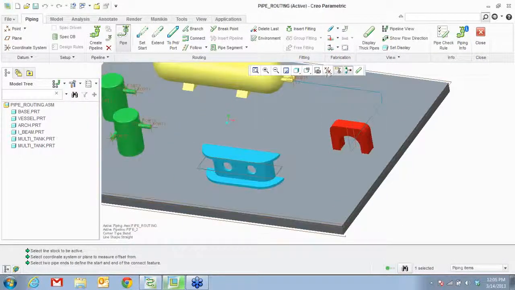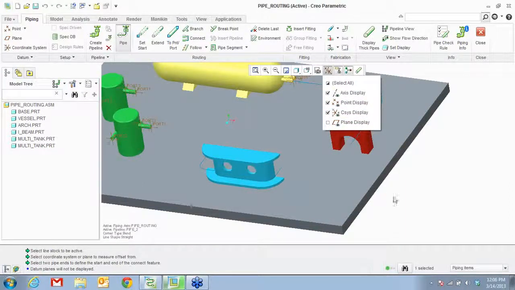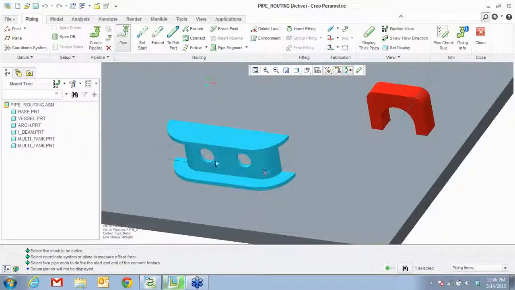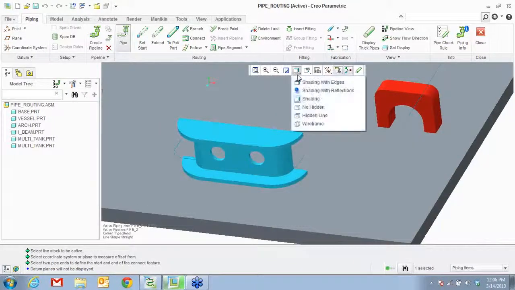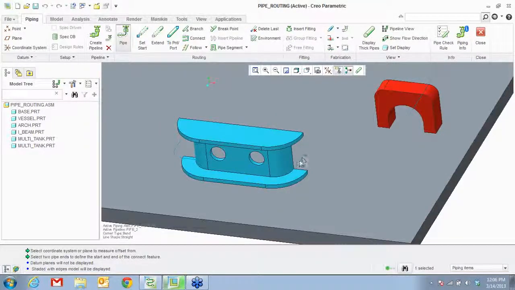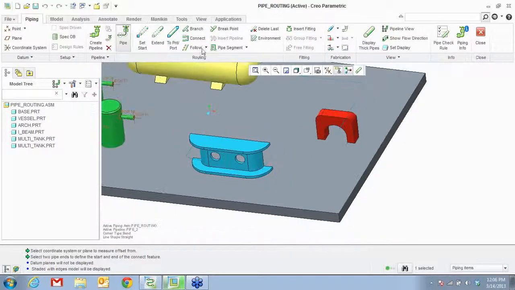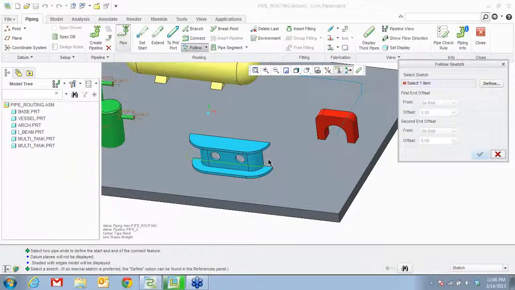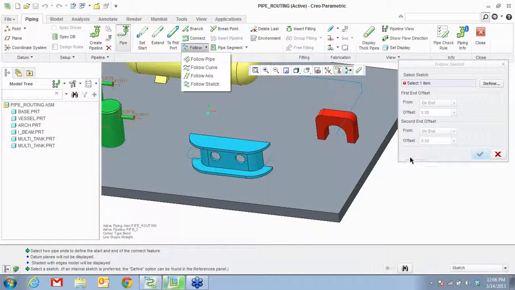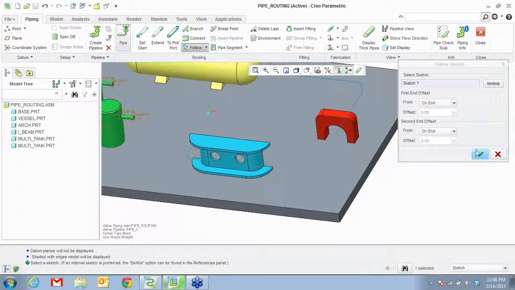Now, next example that I was going to show you was about following a sketch. So here we have a sketch created. I don't know if you can see it. There it is. Blue line that goes all the way. You can say follow sketch, pick the whole sketch, or you can also say follow curve and pick bitty pieces of that particular curve. Alright, so let's pick the sketch. Now you can follow it from the start to the end, or it can be offset from a certain reference or the end.